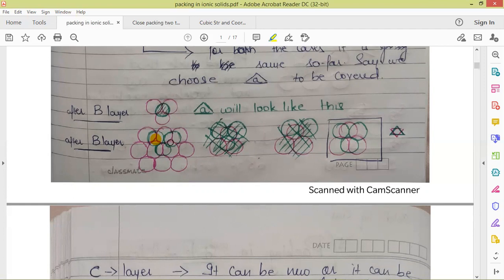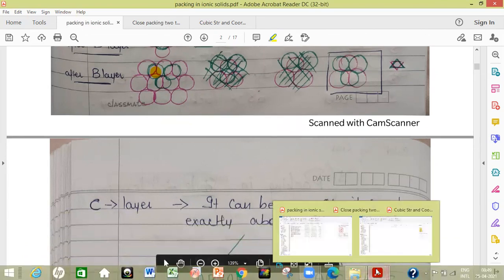Now the shape of that void has changed. The shape of both the voids changes when we extend this sphere packing into three dimensions. Now one void is covered with four spheres each, and the other void is covered with six spheres each. Here we have shown the second type of void, that is the B void, which is covered by six spheres, three from the A layer and three from the B layer.